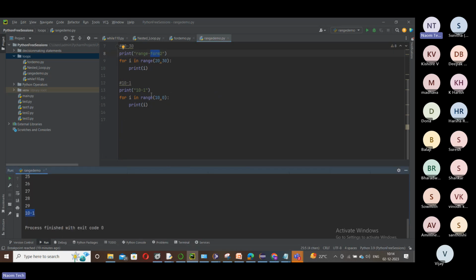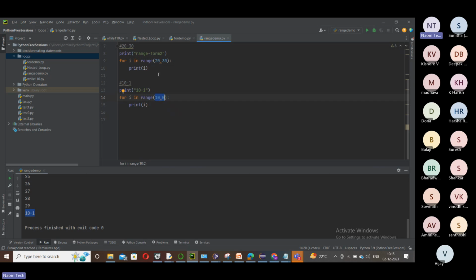It's just showing only 10 to 1. Where are the values here? We are not seeing any values here. Why? Because this condition is not going to work. This is always false. While iterating internally, it checks a condition. This part checks the condition on the range, but this doesn't work for decrementation. By default, both the first form and the second form are applicable only in an incremental way.